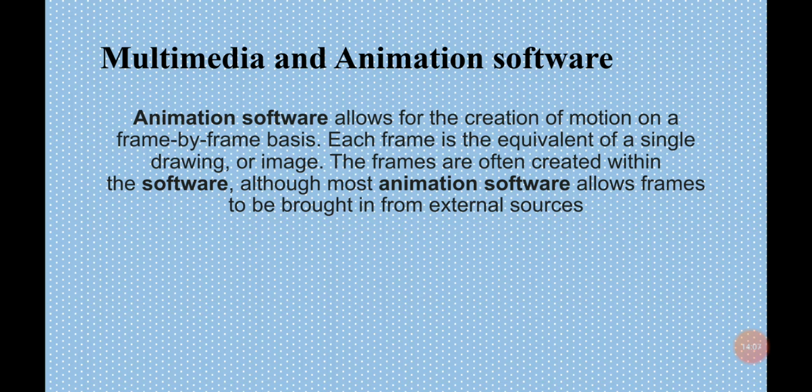So these types of software packages include a set of software commonly used to create full motion videos, audio, animations, sound, graphics, and text with a high degree of interaction. Examples are Photoshop, which is used to edit images, Flash, 3ds Max, Maya, and Windows Media Player, which is used to play videos, right? So these software are the multimedia and animation packages.